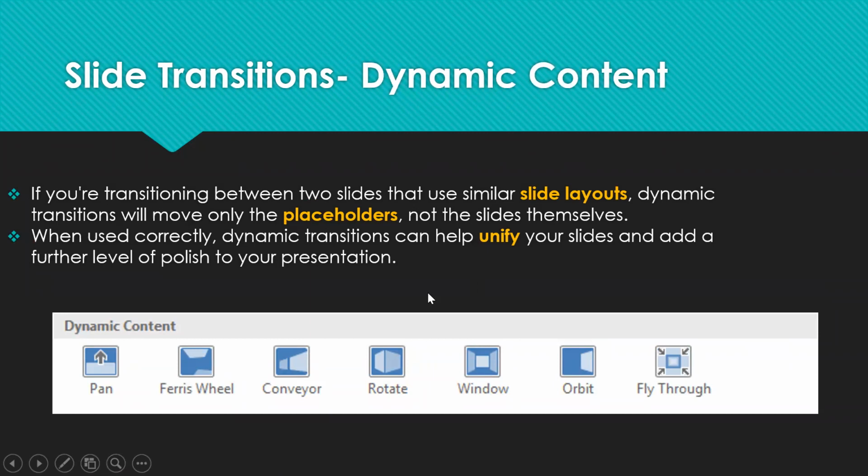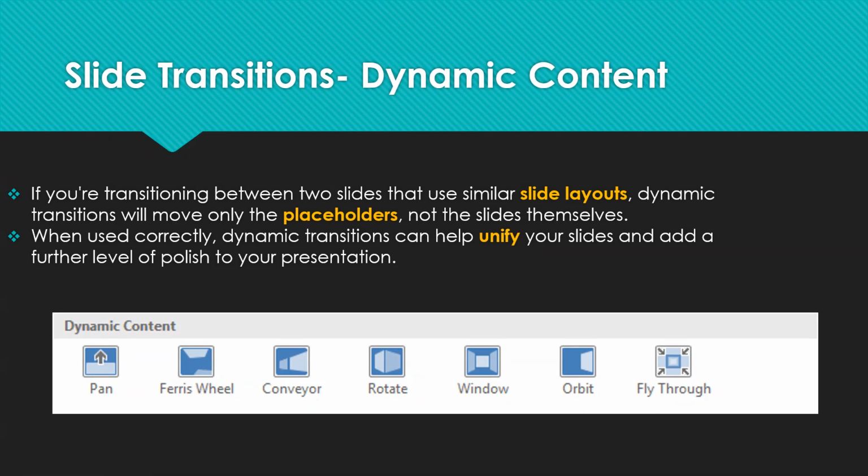There is another type of transition called dynamic content. If you're transitioning between two slides that use similar slide layouts, dynamic transition will move only the placeholders, not the slides themselves. When used correctly, dynamic transitions help unify your slides and add a further level of polish to your presentation.